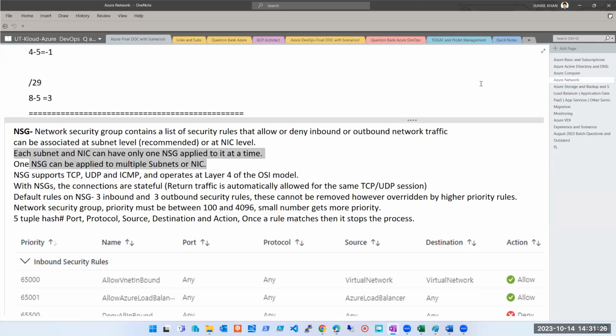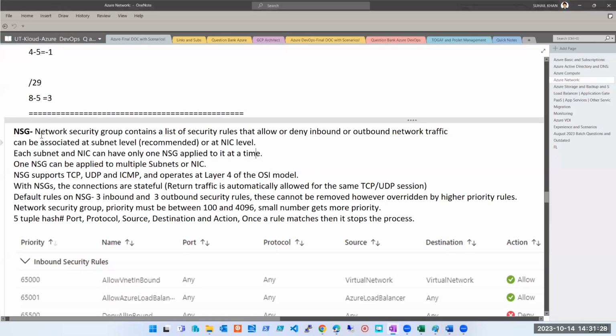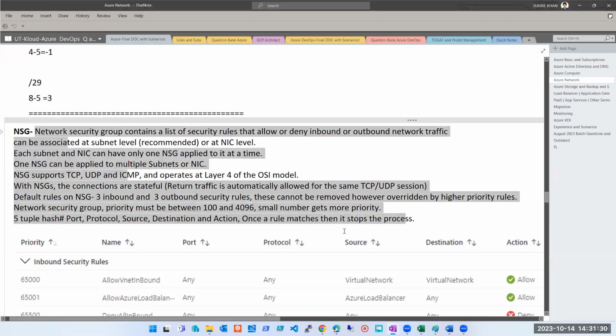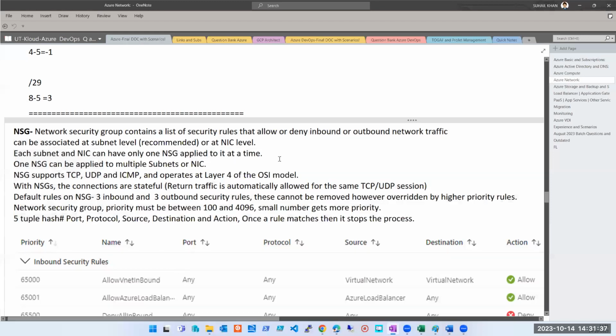Half of the questions on network security group come from here. You remember this paragraph and this diagram, and I guarantee that your questions on NSG will be clear, no matter whether you understand it or you don't. But it is always preferable to understand and learn and then remember. But I leave it up to you. My requirement, or your interview's requirement, is that you should be able to speak about this. Whether you have understanding or not will be known later. So each subnet, each NIC can have only one NSG. One NSG can be applied on multiple subnets or multiple NICs.